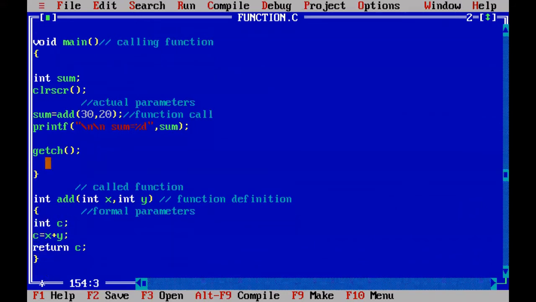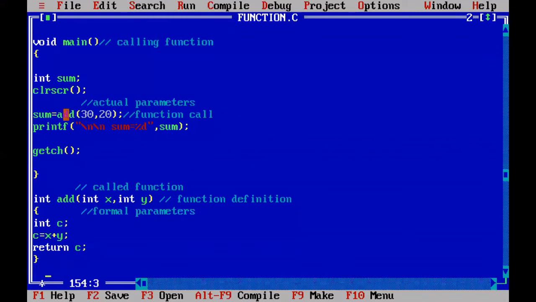Yesterday I explained here. As the function takes arguments, we are passing 30 and 20. Whenever the function is enabled with arguments from the calling function, that means the main function is calling, we can pass 30 and 20 when making the function call.